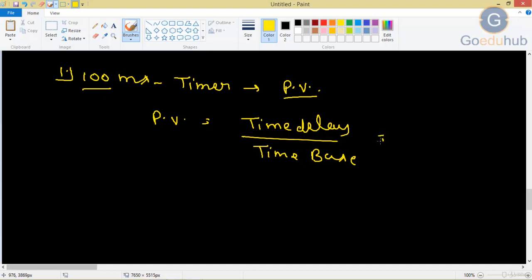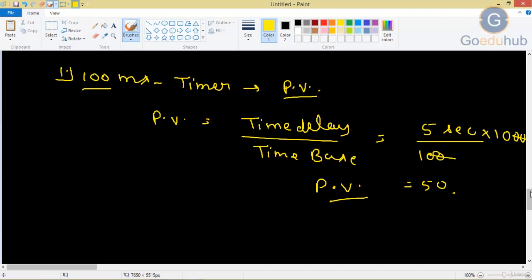Suppose we have to provide a 5-second time delay. How will we provide it? The time base is 100 millisecond. For changing millisecond into second, you have to multiply with 10 to the power minus 3, so it goes upside. So the preset value that we will provide here is 50 second.